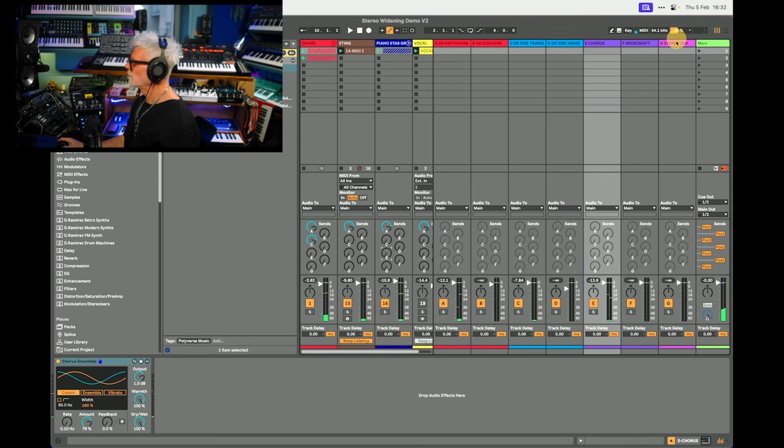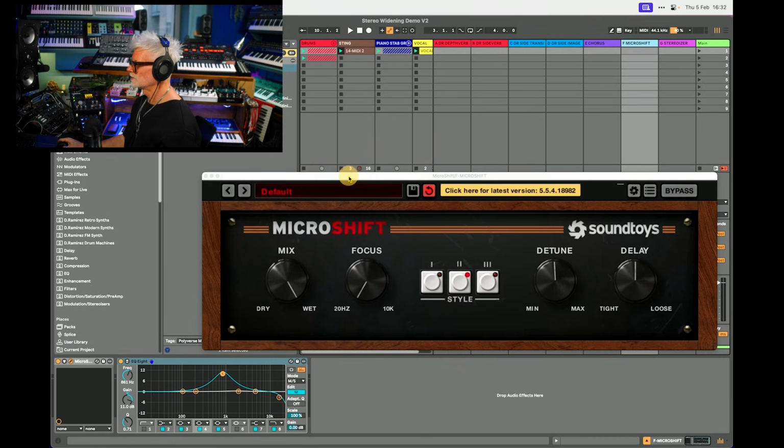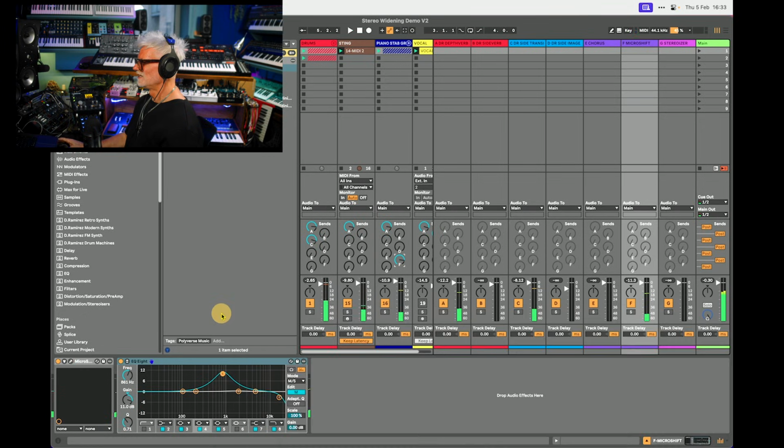I've also got one called a micro shift here. This is the Sound Toys one. If I open this one up, there we go, micro shift. Let's do that as well. Let's add this to it. So that's a common mistake, and this doesn't just apply to choruses or widening. It applies to reverbs, anything where you're doing a wet-dry mix, because what you're doing is effectively turning down the